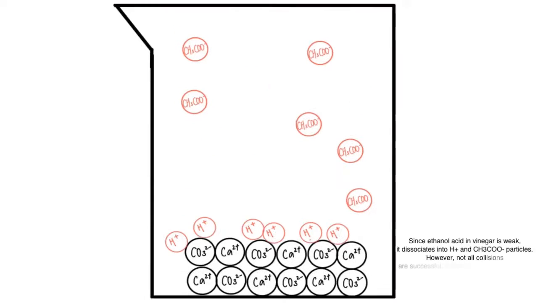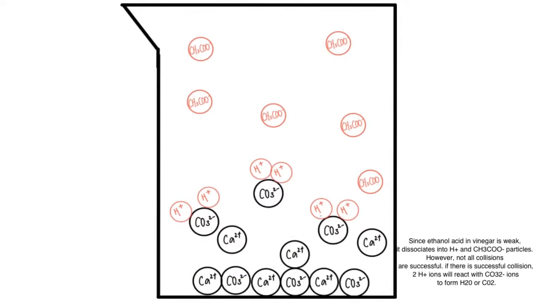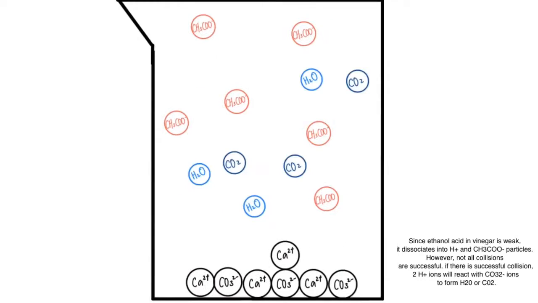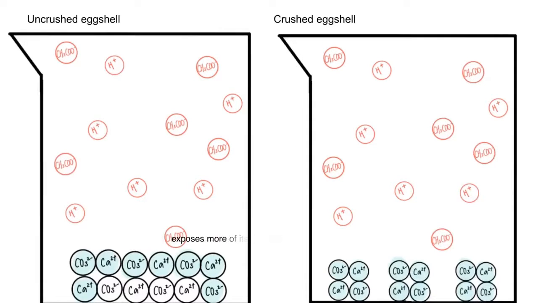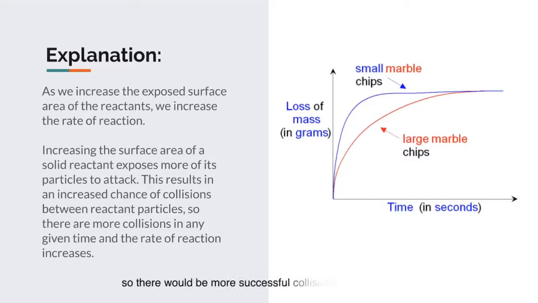Since acetic acid in vinegar is weak, it dissociates into H+ and CH3COO- particles. However, not all collisions are successful. If there are successful collisions, 2 H+ ions will react with CO3 2- ions to form H2O and CO2. Increasing the surface area of the solid reactant exposes more of its particles to the other particles to react. This results in an increased chance of collisions between the reactant particles, so there will be more successful collisions and